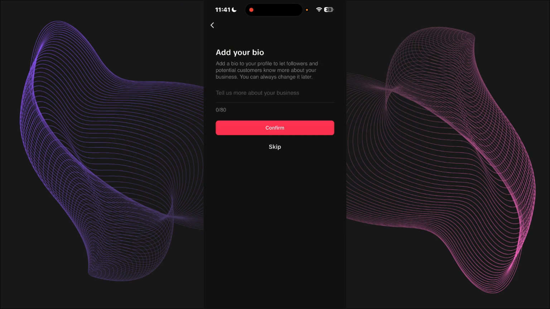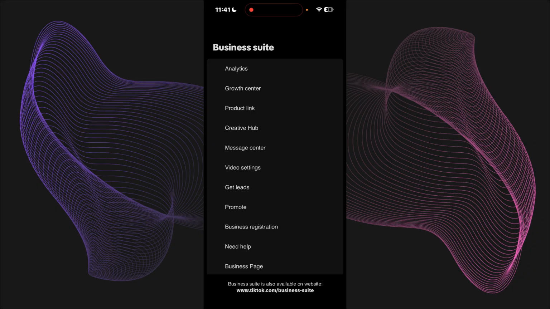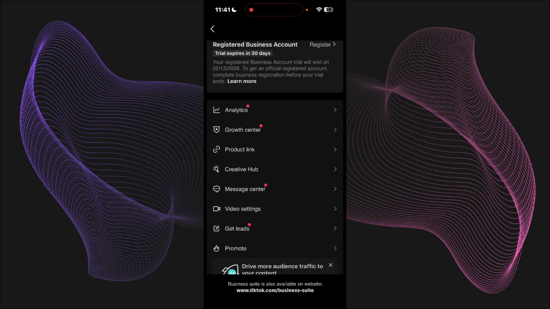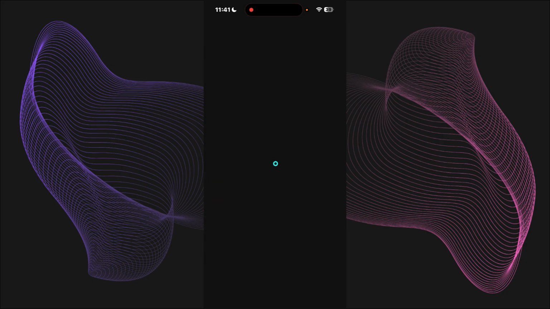Now, once all this is done, you can put in your email address and then add your bio. And yeah, now you can just view your Business Suite, or you can register. If you press on Visit Business Suite, you'll be able to see this, and right over here you can see analytics and everything. But if you go to business registration,